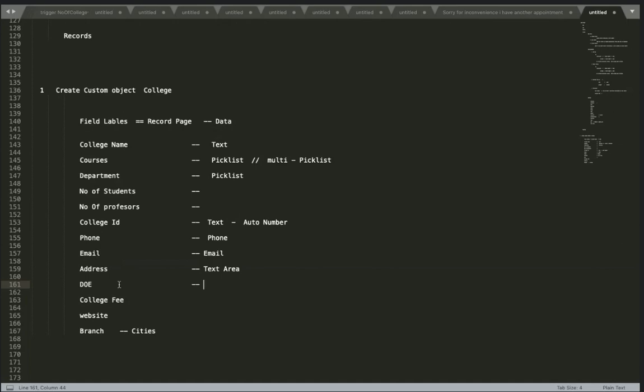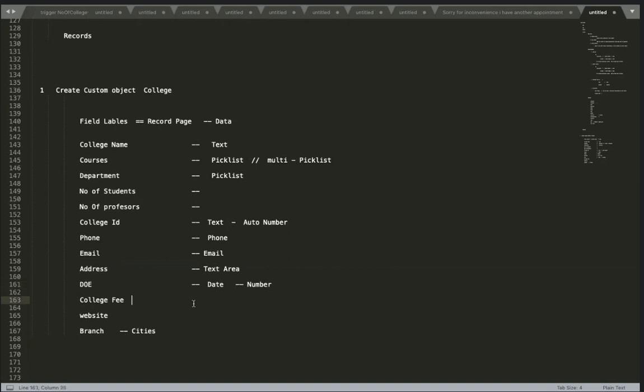Date. Number. Why date? You have to choose date, right? It's a date. Which date you have started into this. Even if you just want to mention the year, number is also supported. But if you want to completely mention which date, which month, which year, then you better choose date. See here, my context is that you people should explore all the data types simply.